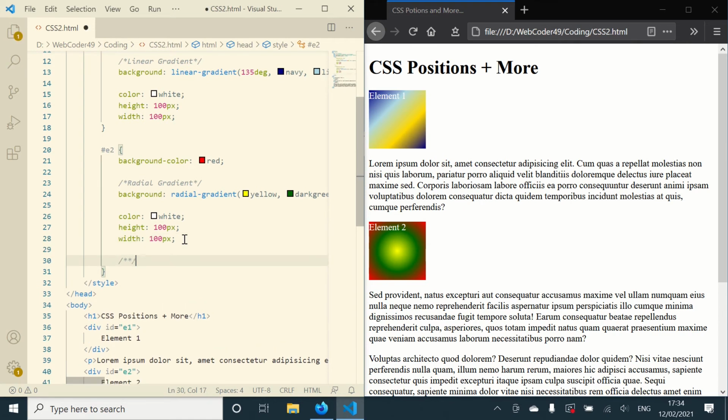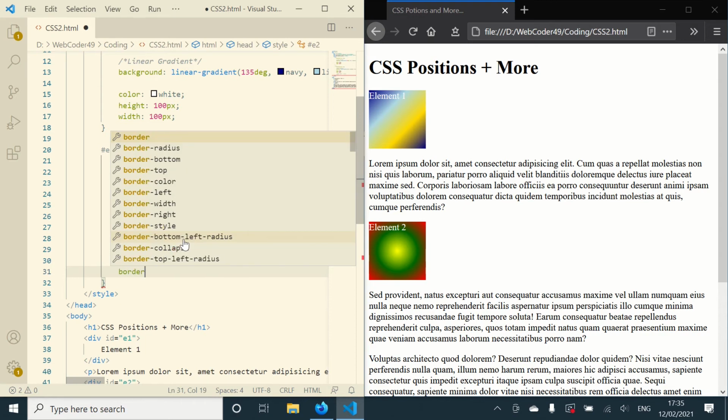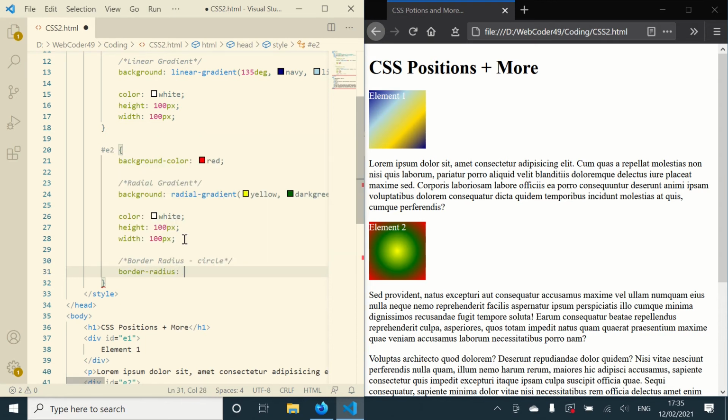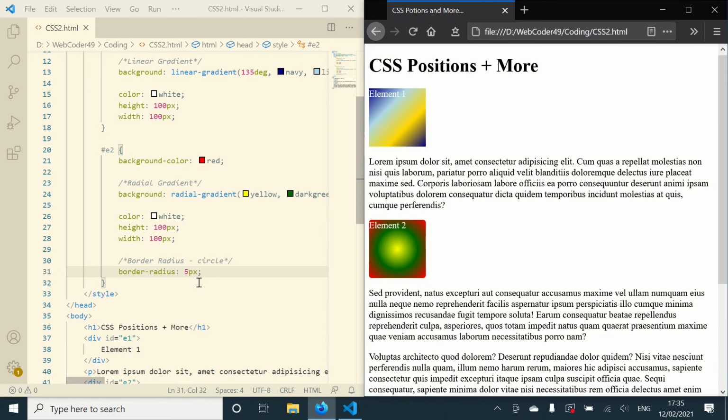So this is going to be using a property called border radius. Border radius adds rounded corners to a shape. For example, if I had a border radius of 5 pixels, remember the measurements, save and reload, you'll see that that's become a rounded corner. From the corner to where it's actually cut off now, it's a radius of 5 pixels. I can change that to 20 pixels if I want,